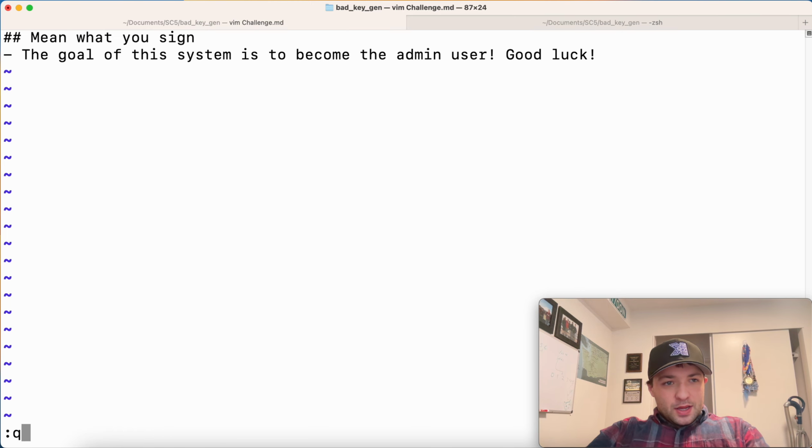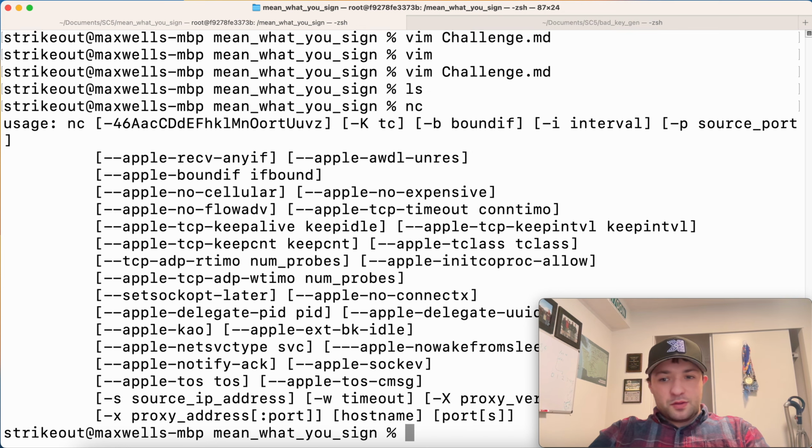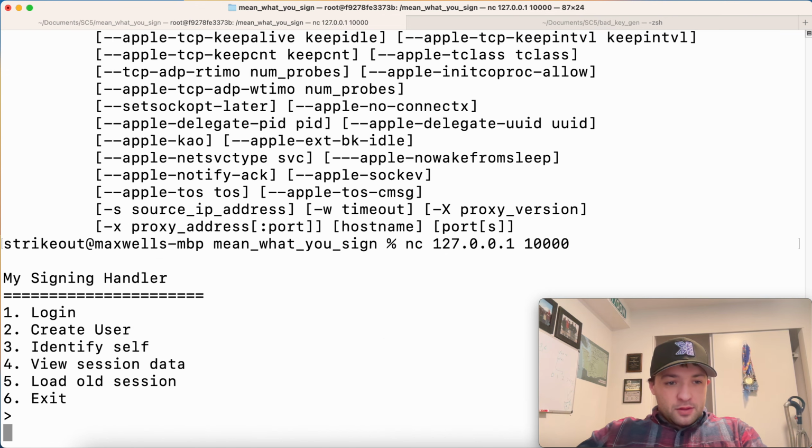Good luck. The way that we interact with this is with a tool called Netcat. Netcat is the Swiss Army knife of networking tools. With the web, we mostly speak HTTP, but there are a lot of other protocols to interact with, and Netcat allows us to interact with whatever we feel like. In this challenge, we have an interface that is set up for this, and this interface is just standard out. So if we do NC 127, which it won't be during the contest, and 1000,